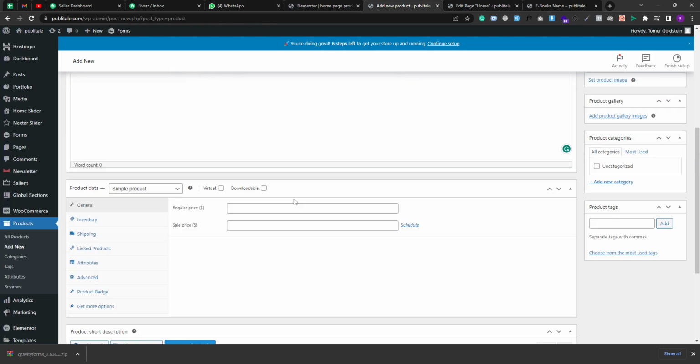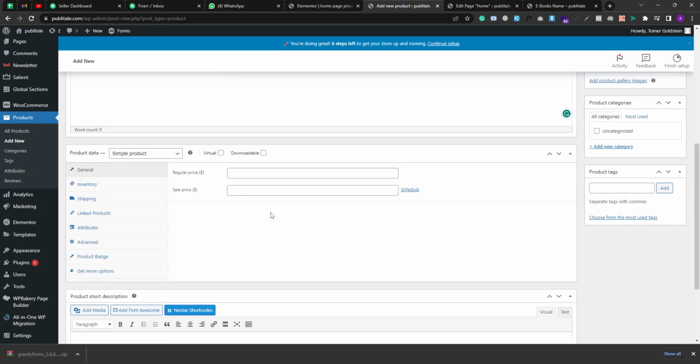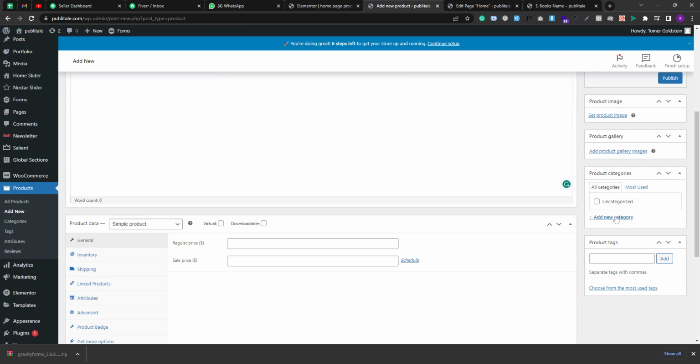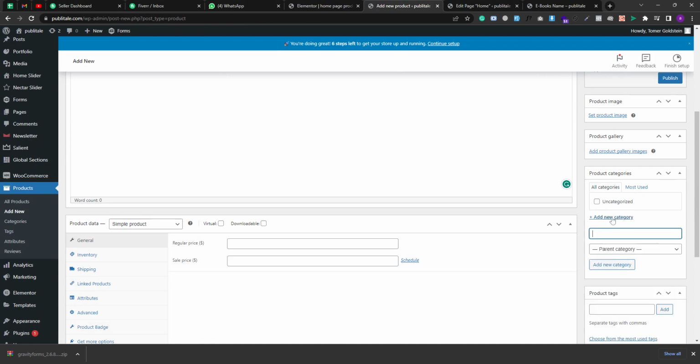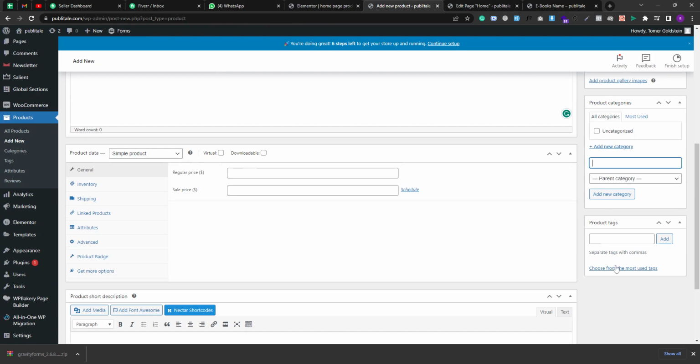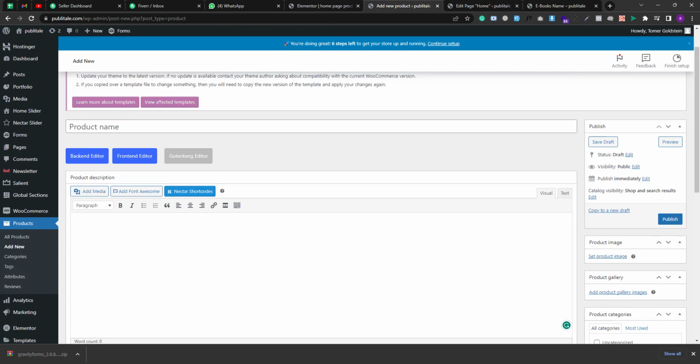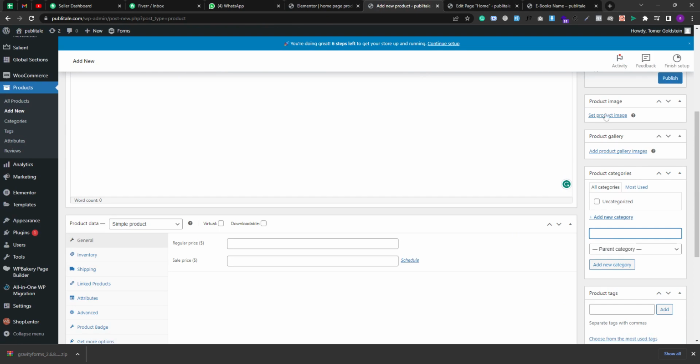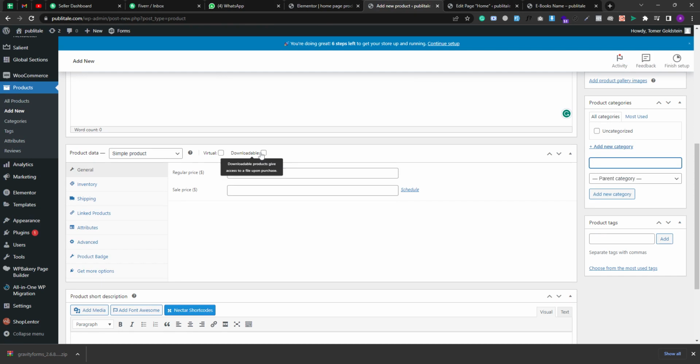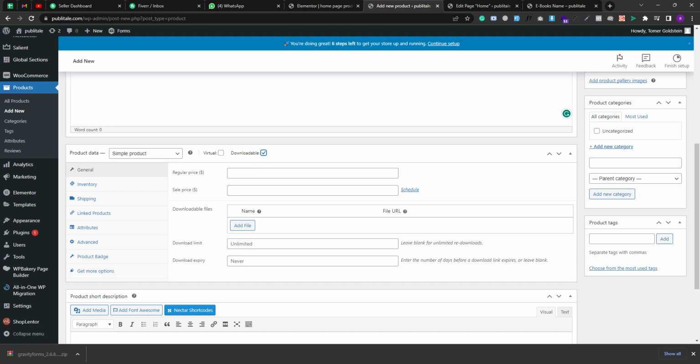Okay. So once you are done, you can add your category, product category here. Also you can mention your product or ebook tags. Okay, you can also add your product image and product image gallery, which is ebook image and ebook gallery. Okay, and also you can just click on the downloadable product and add your product regular price and sale price